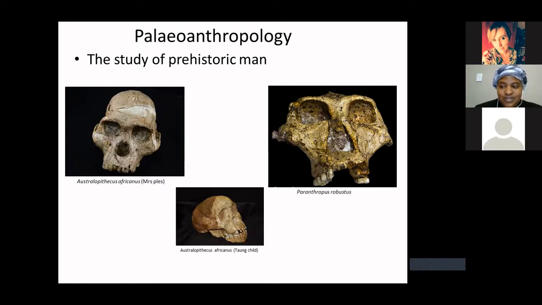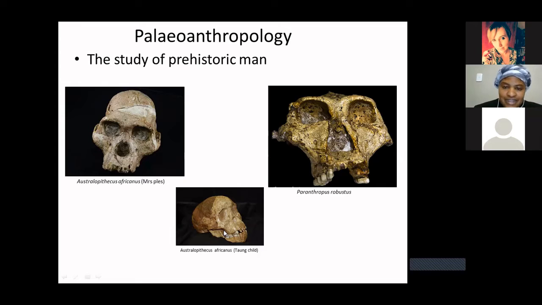Australopithecus africanus is well known in South Africa, and it is curated at the museums, as well as Paranthropus robustus. The Taung Child falls within the same genus as Mrs. Ples, but we now know that Mrs. Ples is actually Mr. Ples. It's just that the tongue got used to calling it Mrs. Ples, so in presenting this lecture, mind me if I continue referring to it as Mrs. Ples. I've been referring to it as Mrs. Ples for the longest time in my studies. We are practicing to call it Mr. Ples, because we know it was a male specimen. The Taung Child is